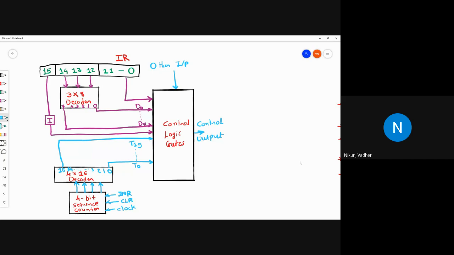Let's draw the timing signal diagram. The working of this circuit will be explained in just a minute.